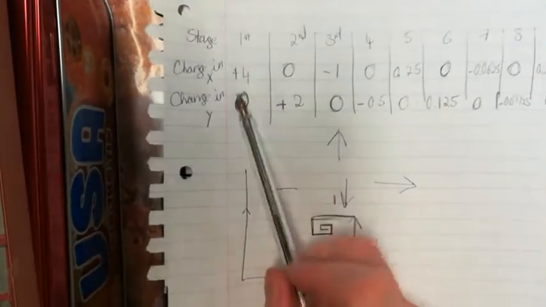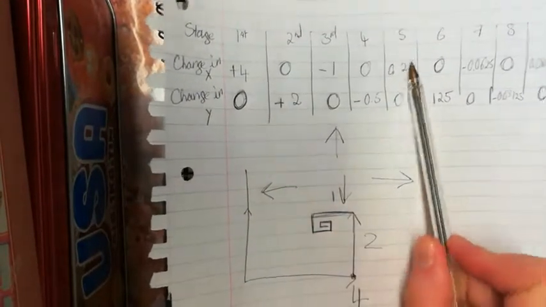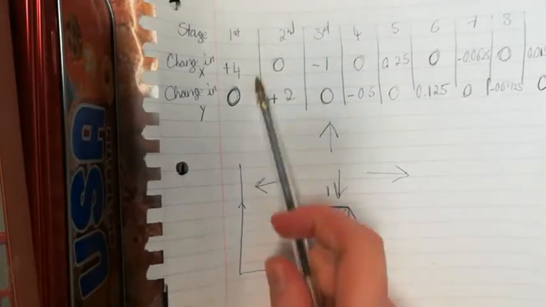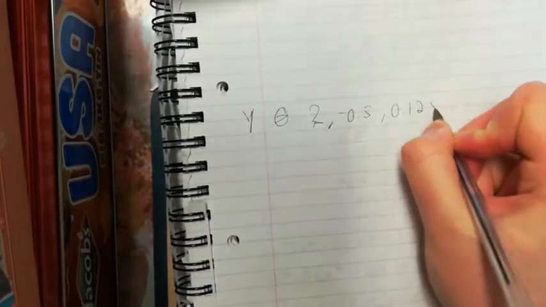You see, when I went through the pattern for x, I went from 4 to minus 1 to 0.25. I just didn't count the zeros, because every second one we're counting. So now I'm going to deal with the y's. The first one that's not a 0 is 2, and then it's minus 0.5, and then it's 0.125, and then it's